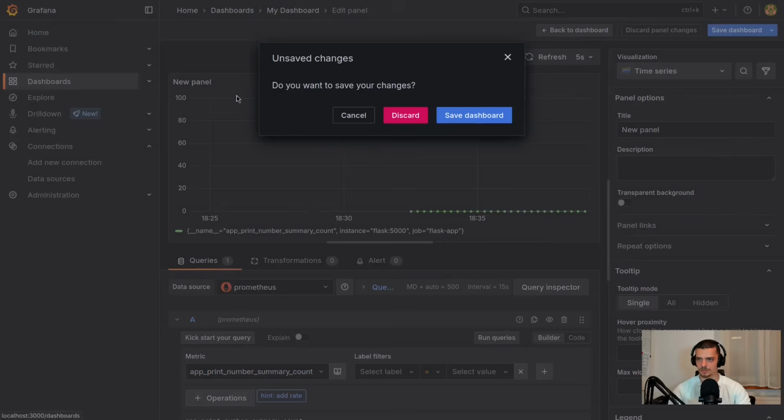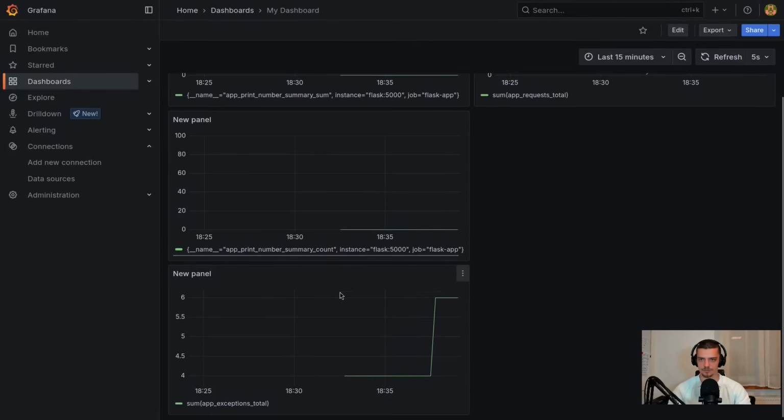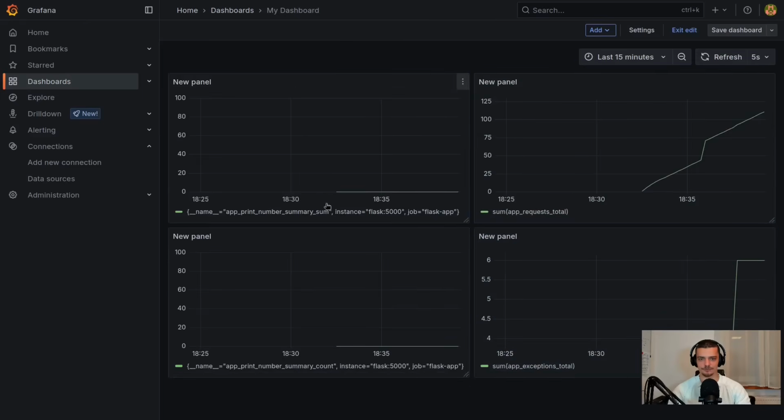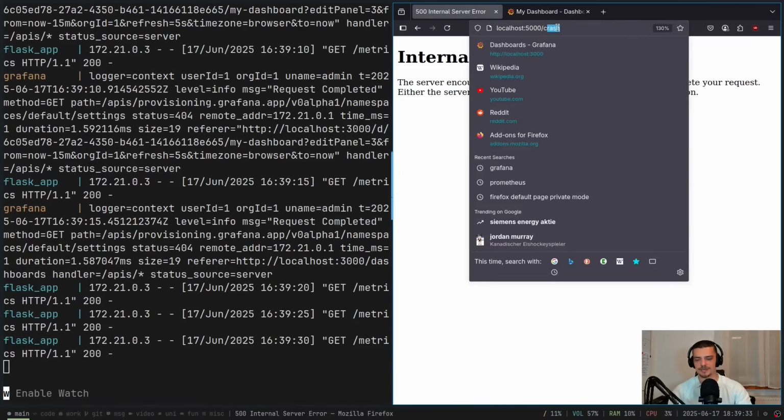Why does it always want me to do something here? Okay, so we have the count, we have the sum, and what we can also do now is calculate the average by dividing. So we can say sum over count. Now it's not going to work if the count is 0 for obvious reasons. We can't divide by 0, but I can go here to print